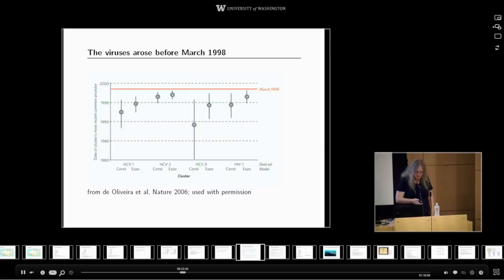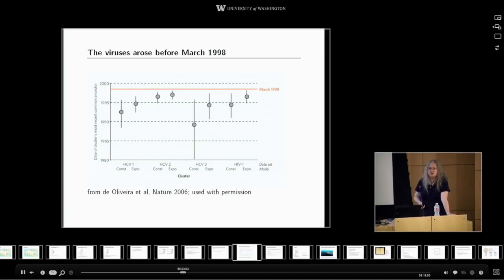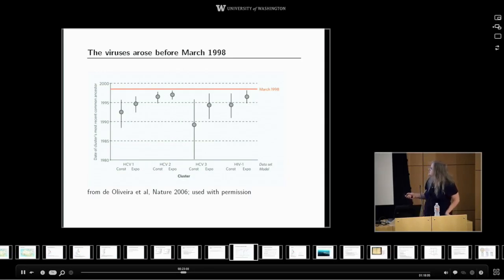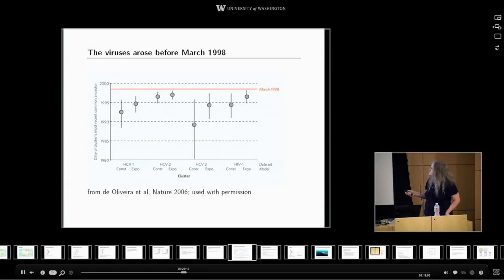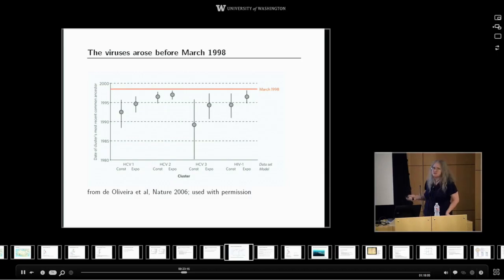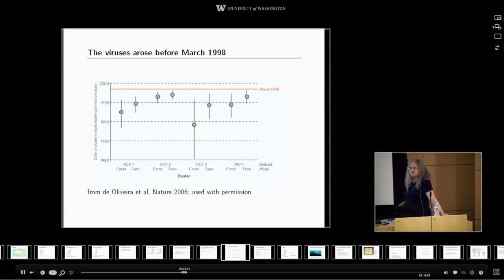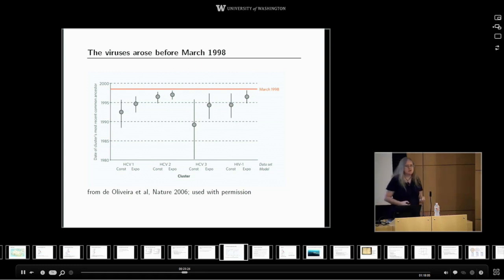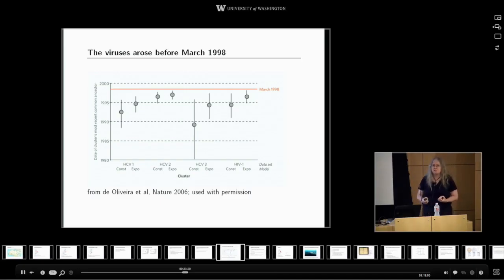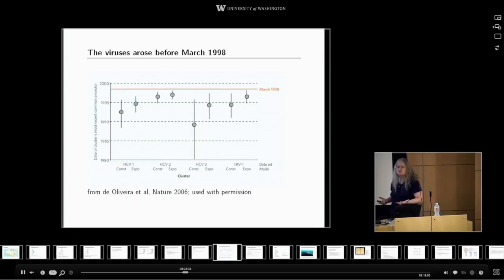And the result, perhaps to no one's surprise, but to a lot of people's vast relief, is that the evidence is very strongly against the virus having been recent. Here is hepatitis C type 1, hepatitis C type 2, type 3, and HIV. And in all cases, the error bars exclude an origin on or after March 1998. So it looks like while these viruses have a common ancestor, that common ancestor was probably already present in El Fatih Hospital before the foreign medics even arrived there. And therefore, they cannot be responsible for bringing it in.